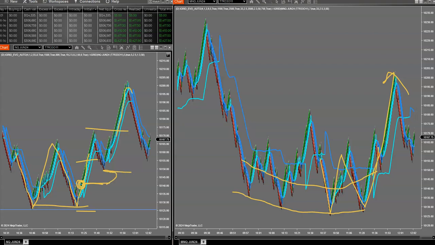Then it runs away from you and hooks, and right here, bail. You're done. That was a quick scalp. And you made a nice hit, especially since you just pushed over the recent pivot. It's pushing.